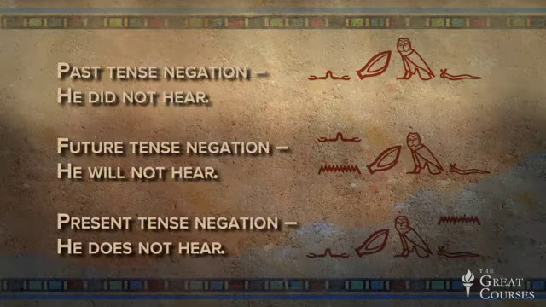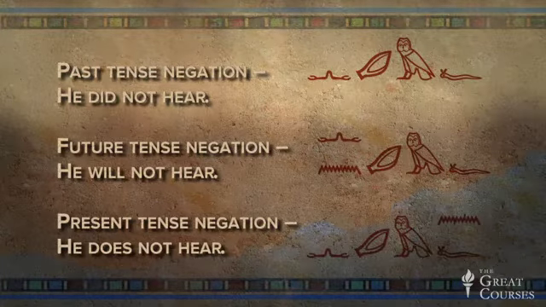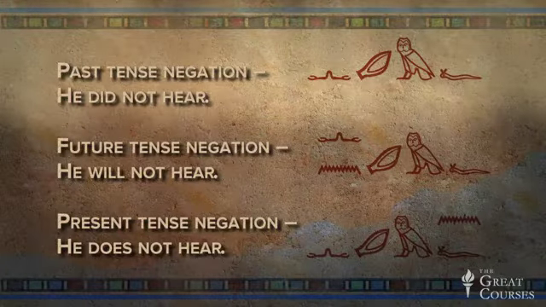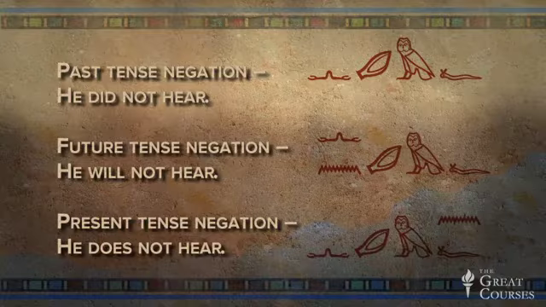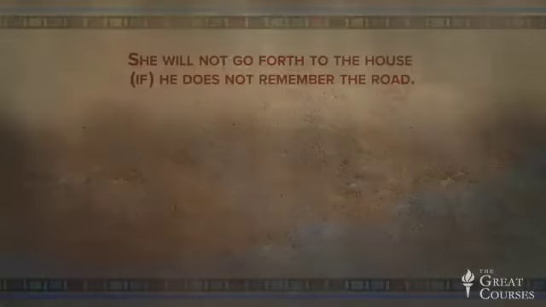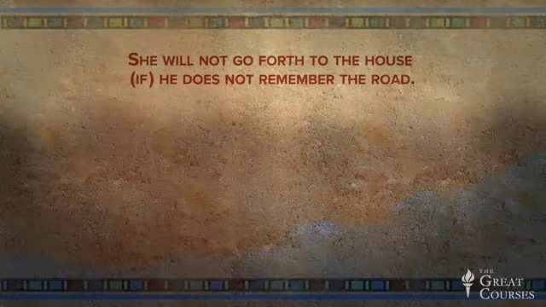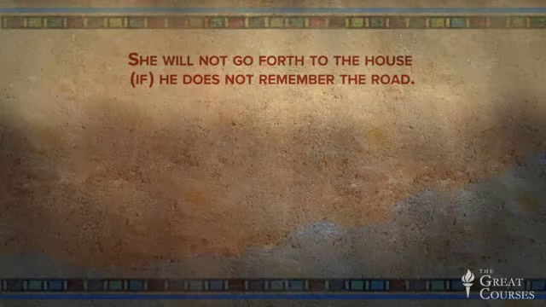For negation in the present, we use the sejm nf form of the verb with the arms in front. He does not hear. And that's how you negate sentences in ancient Egypt. For homework, we had 3 negated sentences to translate from English to hieroglyphs. Let's look at them. The first one was, she will not go forth to the house if he does not